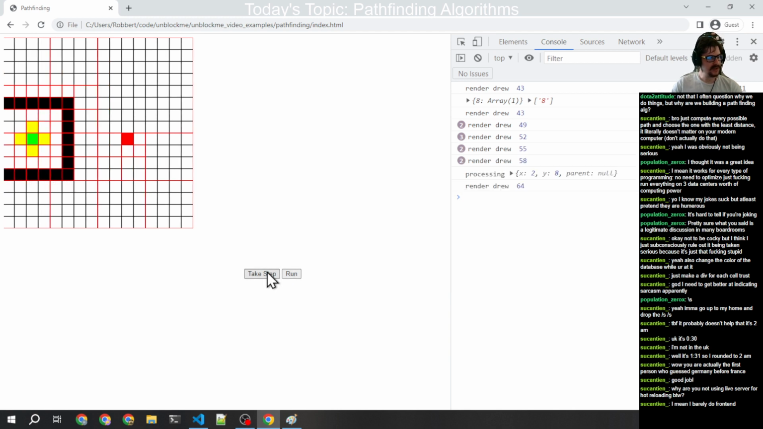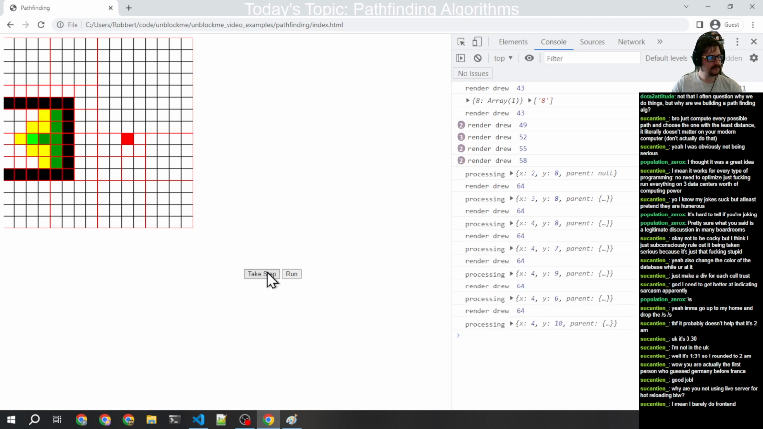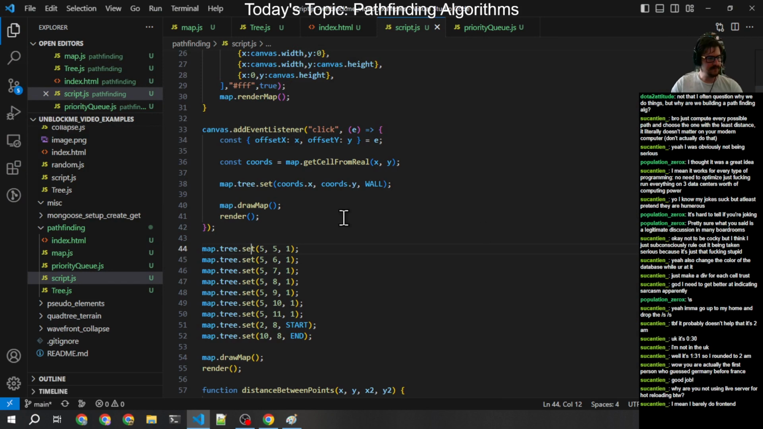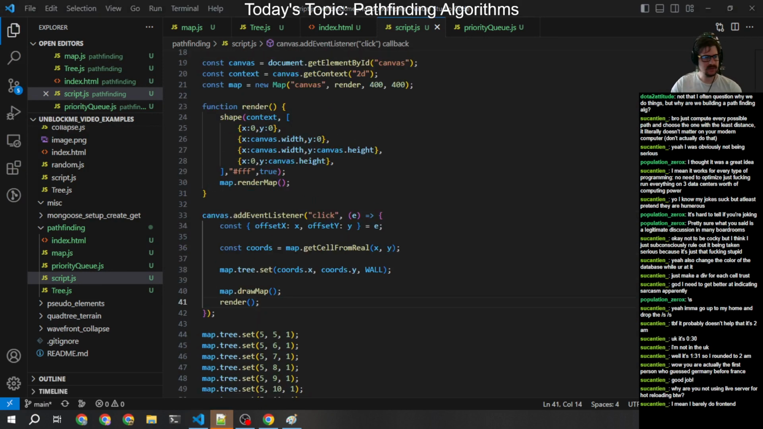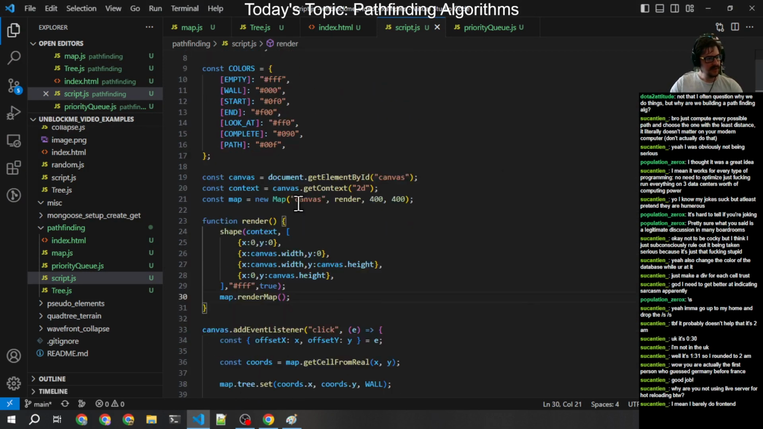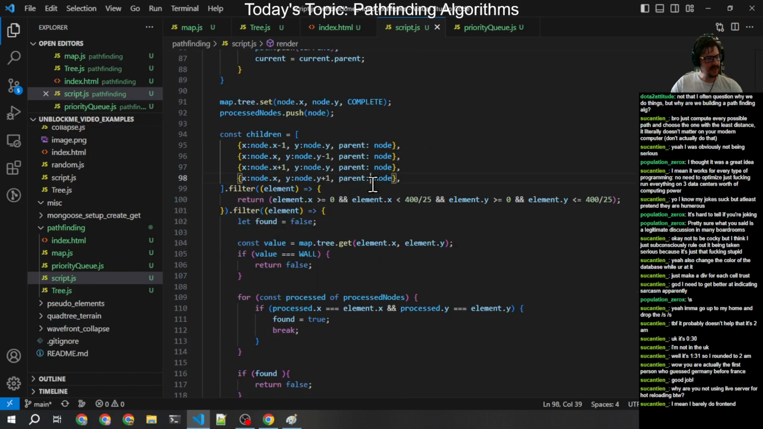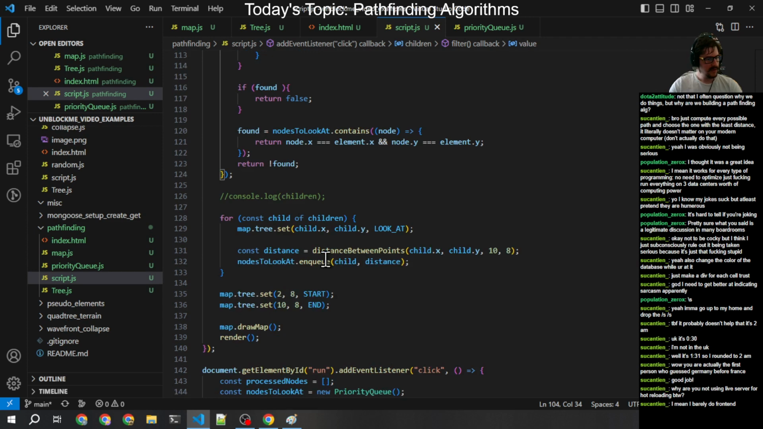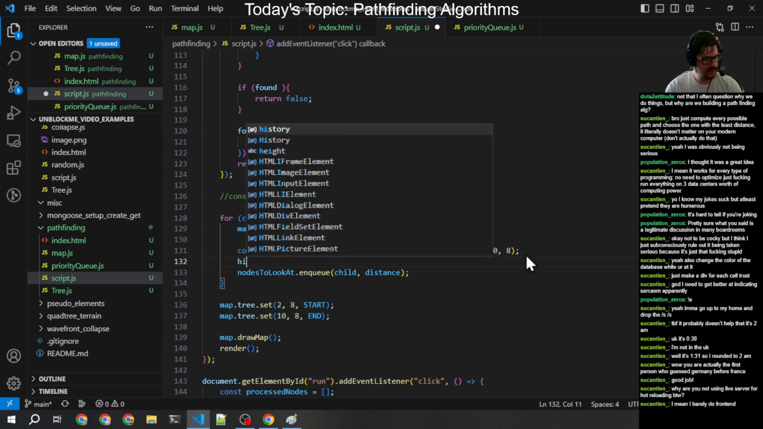Okay, so take step. Okay, so when those got added, oh, I didn't log them. You know what I'm going to do is I'm actually going to log when I'm taking the step. I actually want to put in here the distance as well, because I think that could be useful. Child